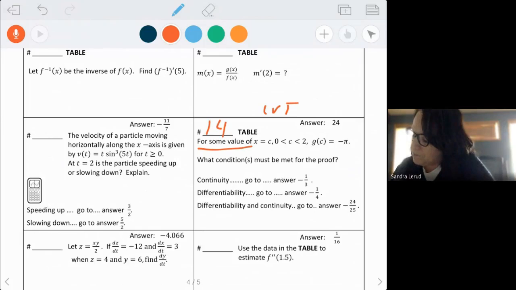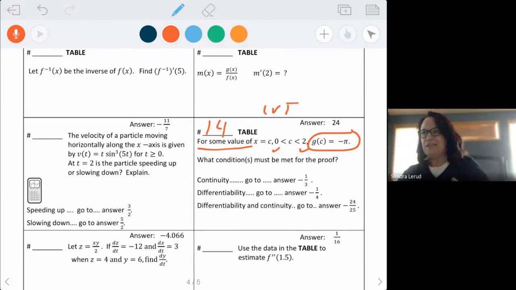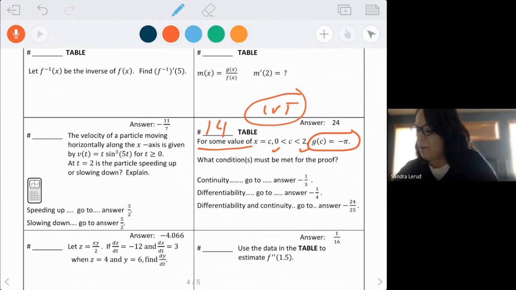All right. So this is on the interval from 0 to 2. And you're going to go look at your table. You're going to be looking at G. Okay, not G prime, just G. So no derivatives. This would kind of lead you to believe, well, this is probably the IVT. And it is. So you need to know the hypothesis of the IVT. If you're not 100% sure, you should go look it up. It's continuity, though, only. These come in for the MVT and Rolle's theorem. All right. So number 15 will be at